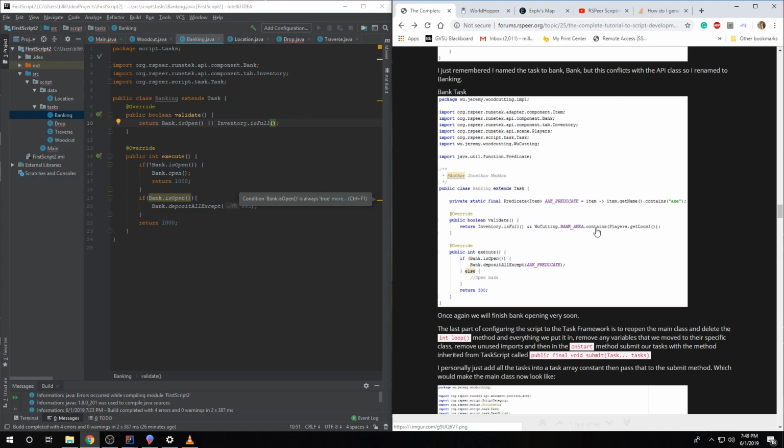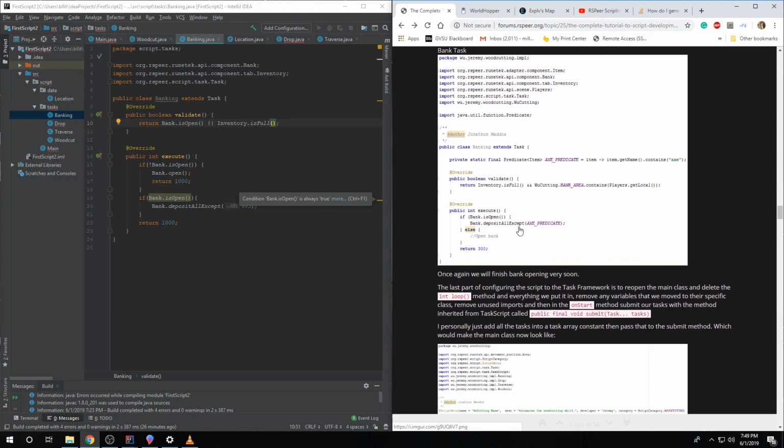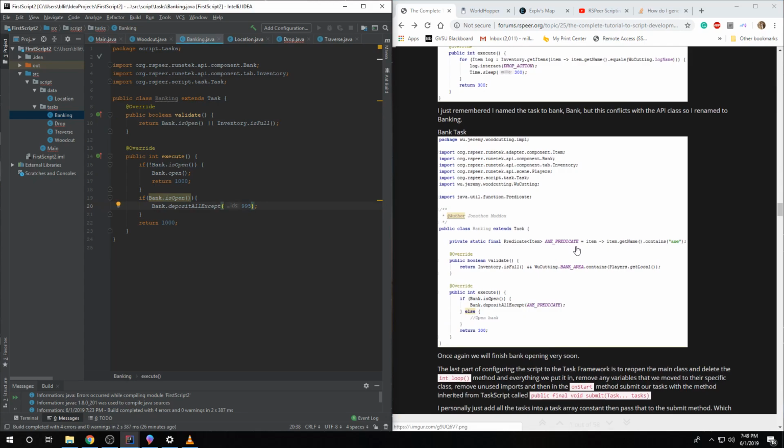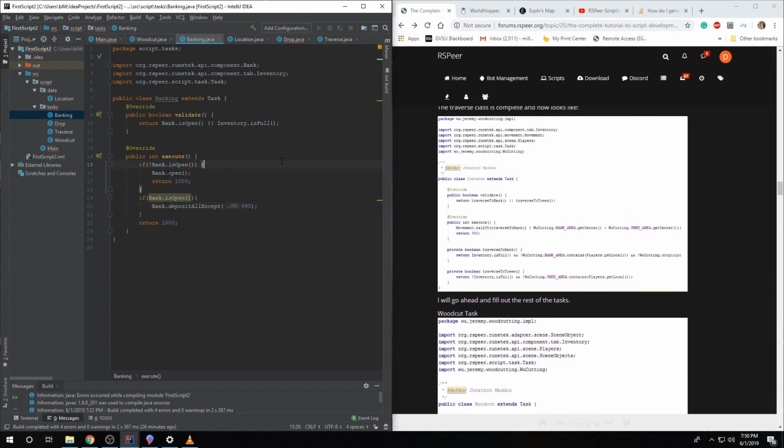Yeah, see, this is a. You don't need to do that. Oh, yes, what I should do is deposit all except the X. But I don't even think we need a bank. I don't see a purpose. I guess it's just an example. So yeah, you can either pretend we could put in X here, deposit all except the X, other than the X, and yeah, so this is set up to where you can bank if your inventory is full, or I'm going to